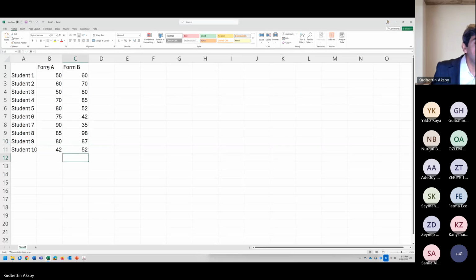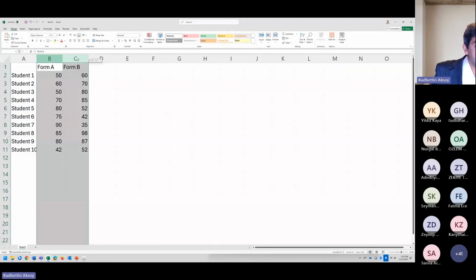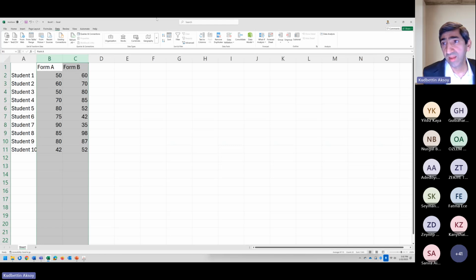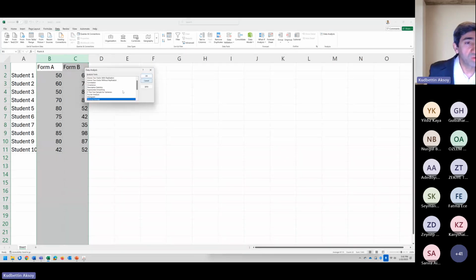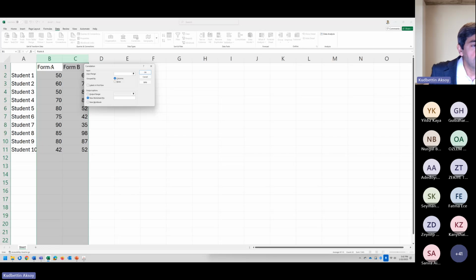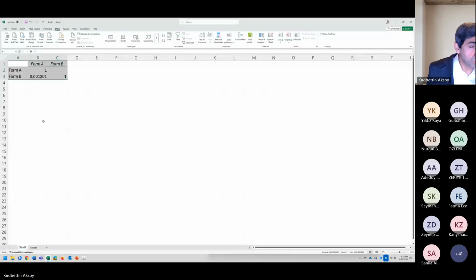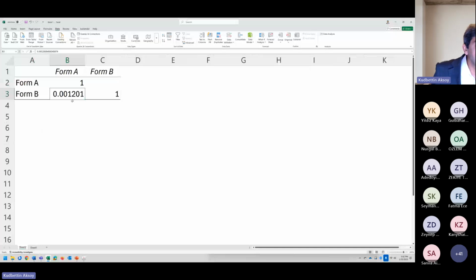Now I want to know if these two tests are measuring the same thing, if these two are consistent. I want to check the reliability, so I will check the correlation. And for that, I will go to data analysis in Excel. You can do this in many ways. Then you go to correlation, click here, and then you choose your data. There are labels in the first row, and then OK. The correlation coefficient between these two is extremely